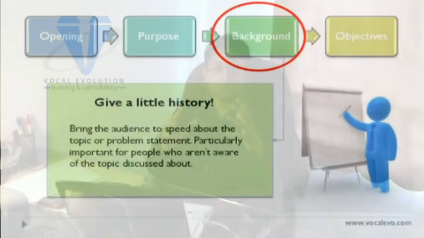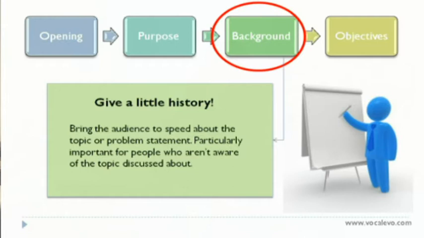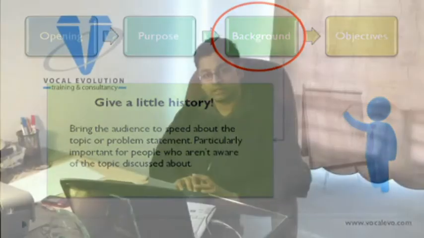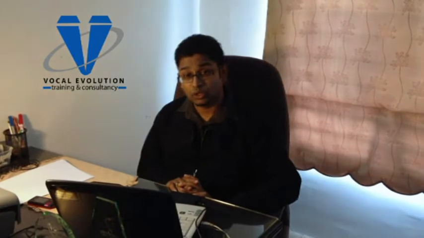Let's take a look at the next one. That is background. What is the background of this presentation? Now, it's crucial to understand, coming back from where we talked about in audience analysis, that there are proxy audience perhaps among the audience members attending your presentation. There could be people who are not so aware, who have been missing for a while from the past presentation. They may not know something about the topic that you're going to talk about.